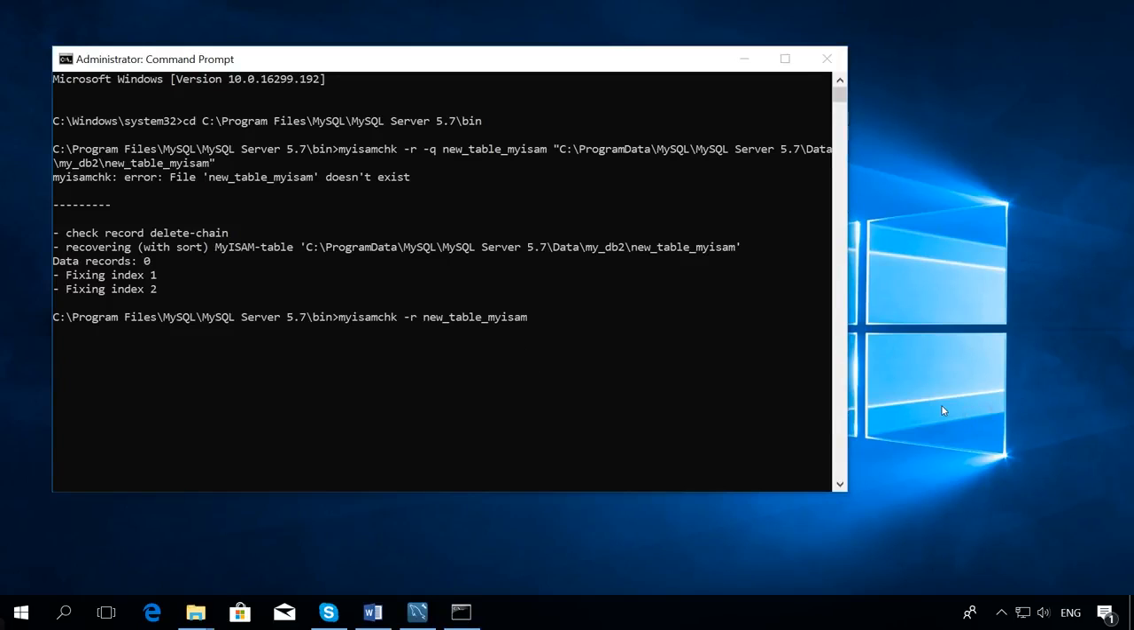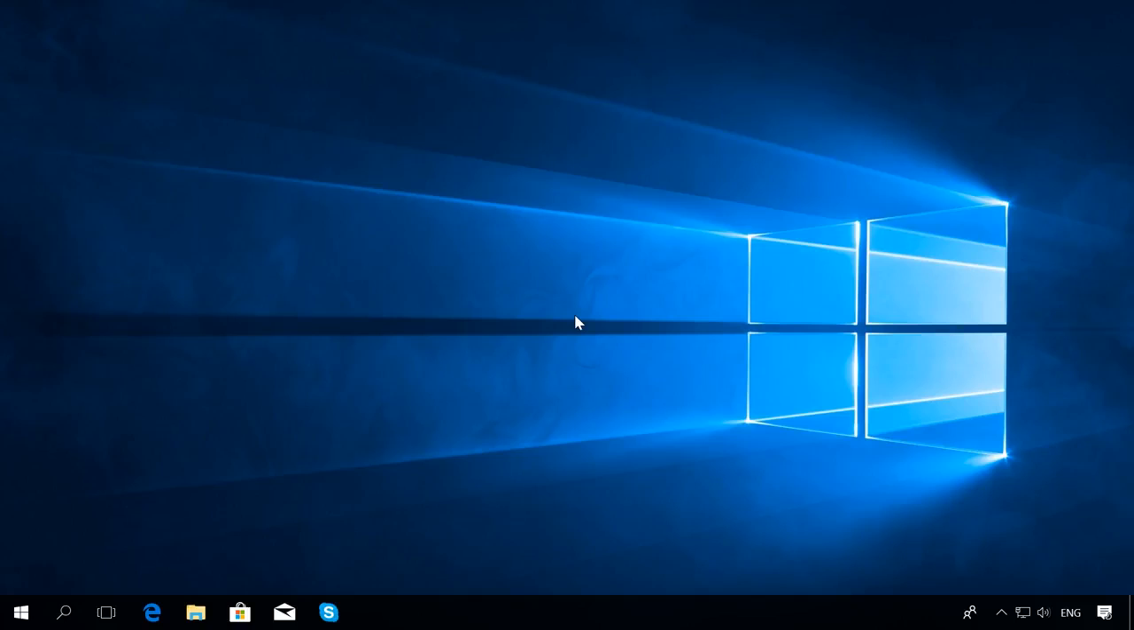myisamchk -r table name, where r is just the recovery mode. In this case, incorrect and lost entries will be deleted from the data file and the index file will be recreated as described above. To avoid the trouble of typing the path to the folder containing the file, you should